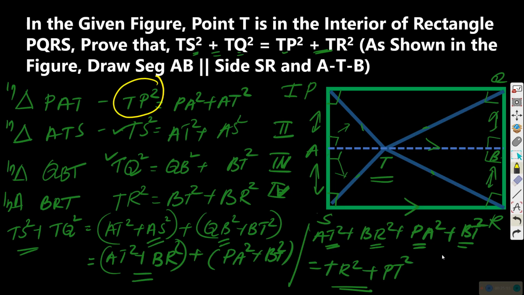We are having equation at the beginning connecting this. I will show with another class. The TP square is nothing but PA square plus AT square. So in its place we wrote PT square or TP square, and TR square is equal to BT square plus BR square. So we wrote that. Understood? BT square plus BR square is nothing but TR square. So we replaced BR square plus BT square as TR square in the final stage. So thereby we solved. Understood? So we need to know what is asked in the question.